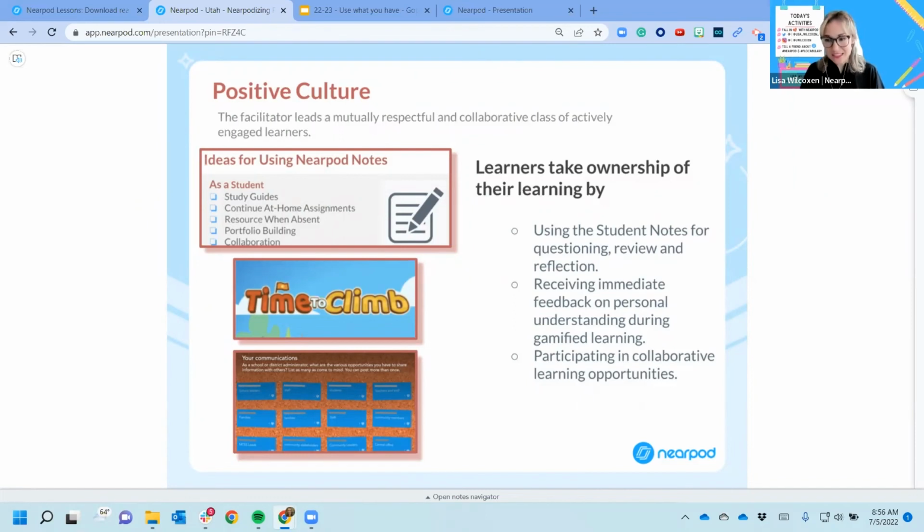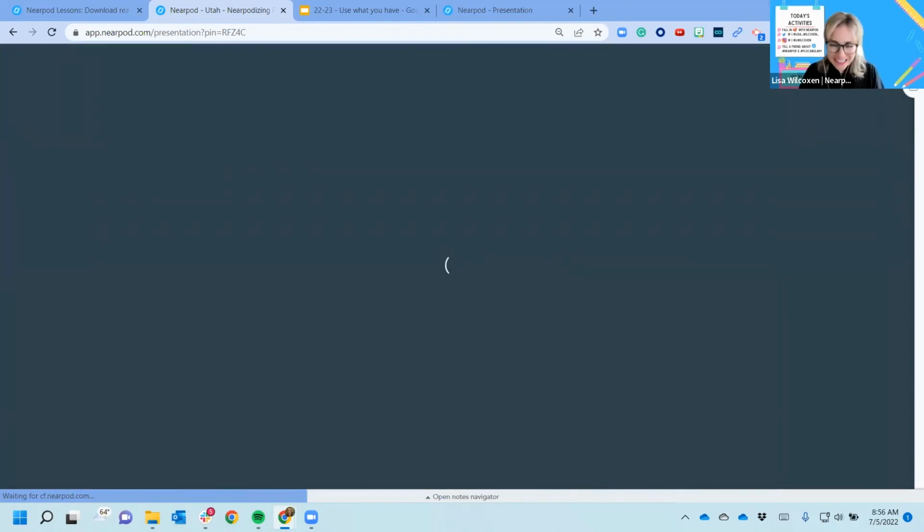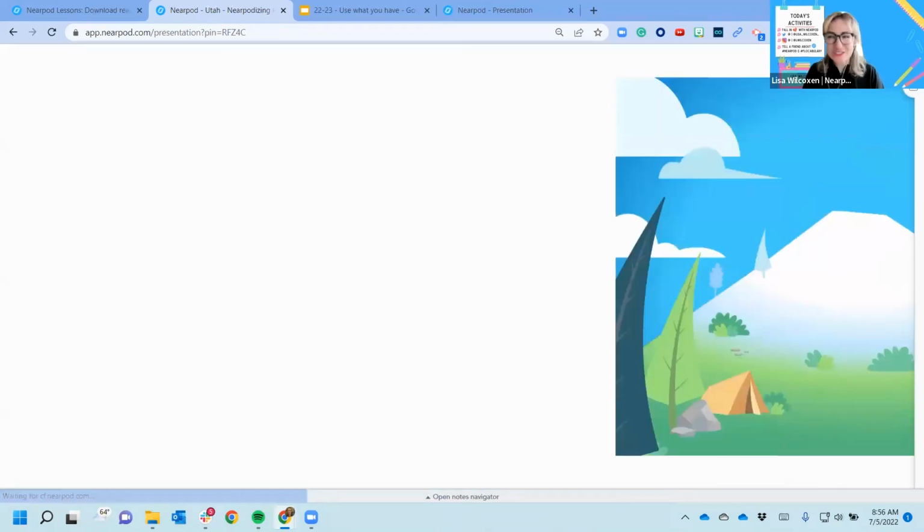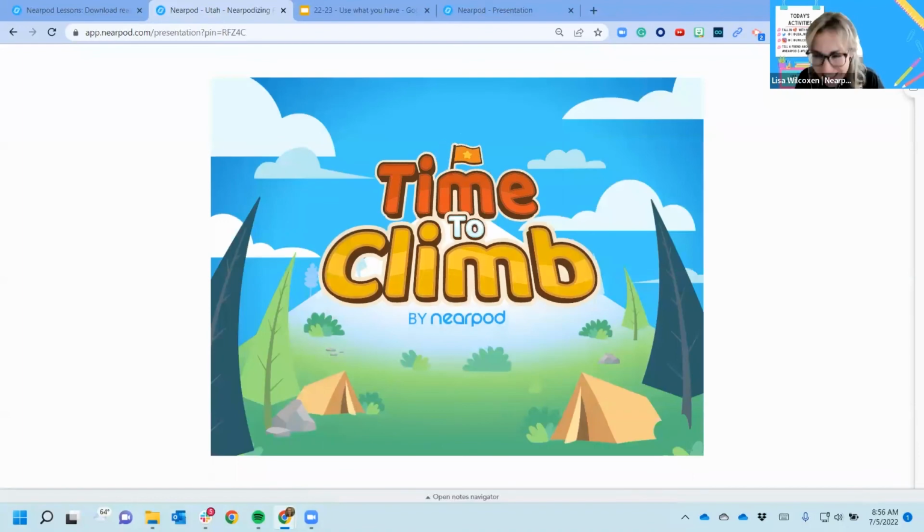Okay, given this, I'd love to see where you are by giving you your own Time to Climb to have some fun as we go. So we're going to see what we actually have learned during this time together with our own Time to Climb. So if this is your very first time seeing a Time to Climb, well, awesome. When a teacher has embedded a Time to Climb in a session, you have the option